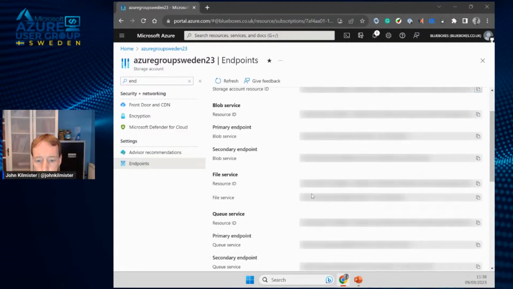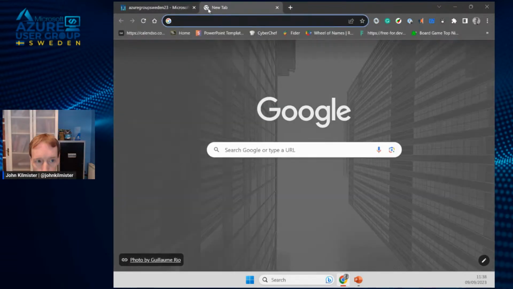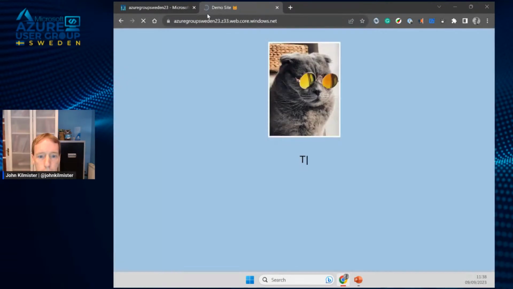Endpoints, you would see under here our static ID. And I've just got this masked at the moment, but I have copied it to the clipboard. And if we go to it, we should see our website. And yeah, there's much more that you can do with it. But what I've tended to do with this kind of thing is if I've got a large number of CSV files that I want to share with people, my application will keep adding them to that blob store, and then I can serve them like this.